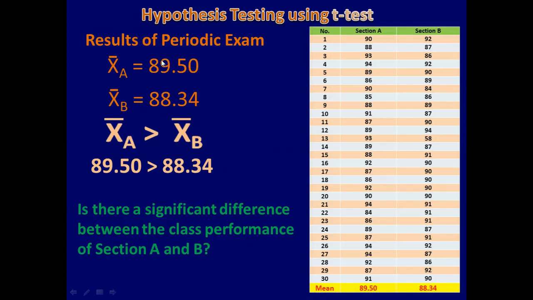I have here the results of the periodic exam of section A and B, of which section A, as you can see, is recording a class average of 89.50, while section B is averaging 88.34. So, with these results, we might be interested to know if section A is really performing better than section